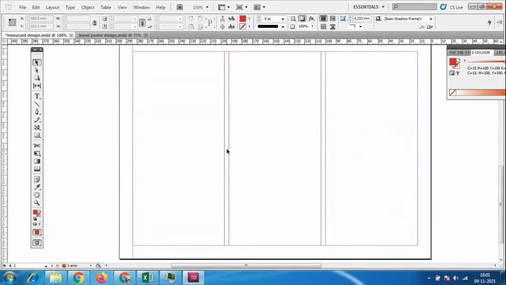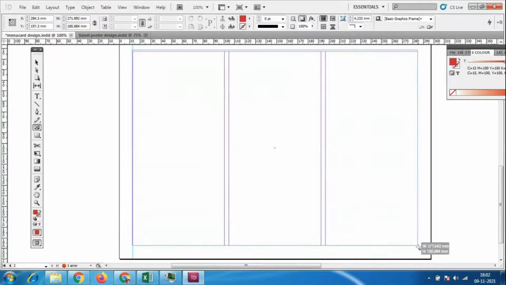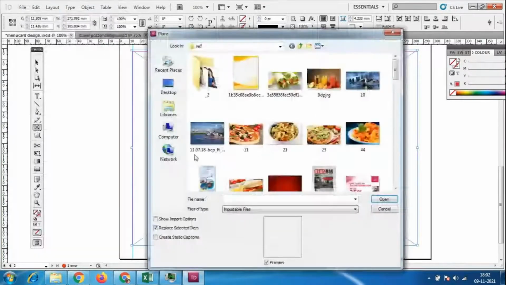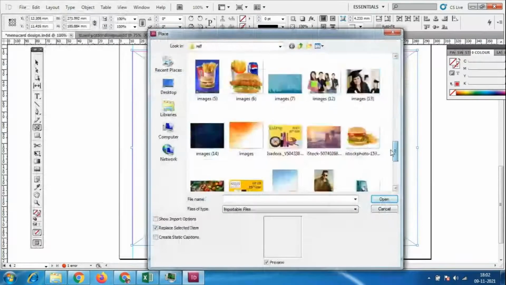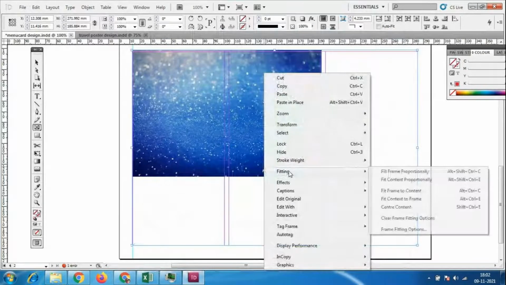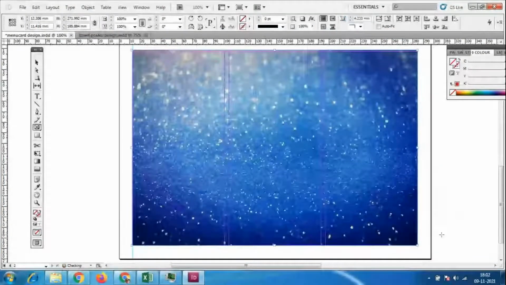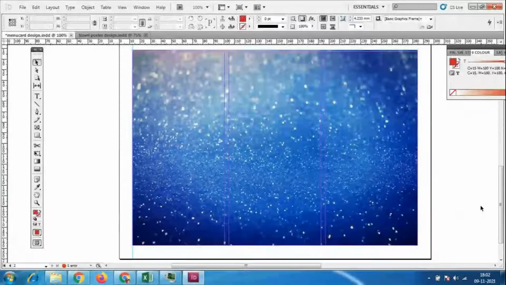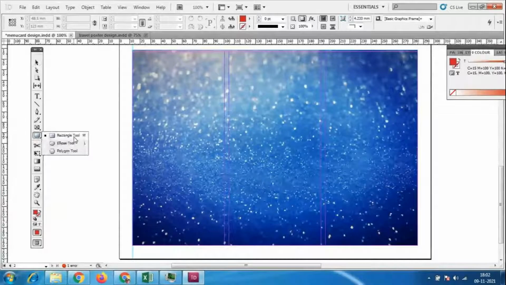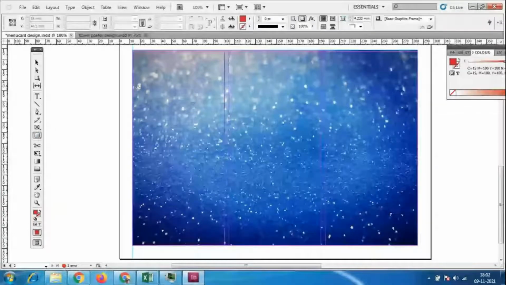So what I'll do, I'll just take this background template here, and I'll go to file, place, and some of the background template which is related to that, those things we can add. Something like this also we can add. Right click on this, fitting, fit content to the frame, something like this also you can add the background template. For this we have to make the design now. So inside this we have to make the menu. If the menu means, we can add, I'll not type the text here. So how you have to place the,